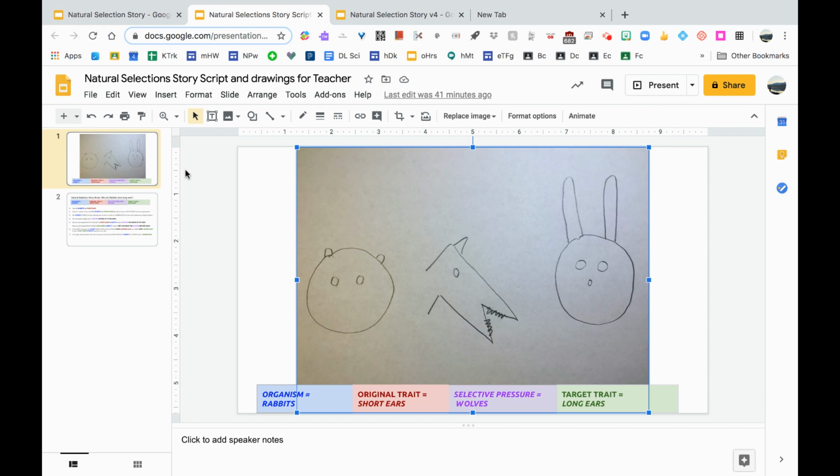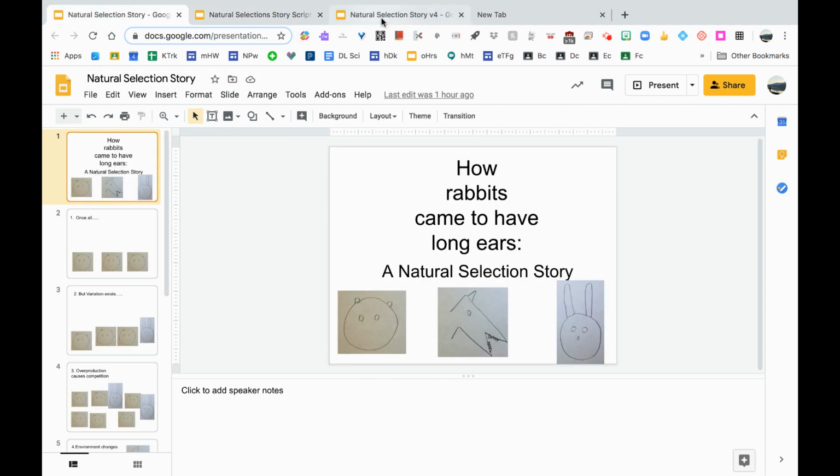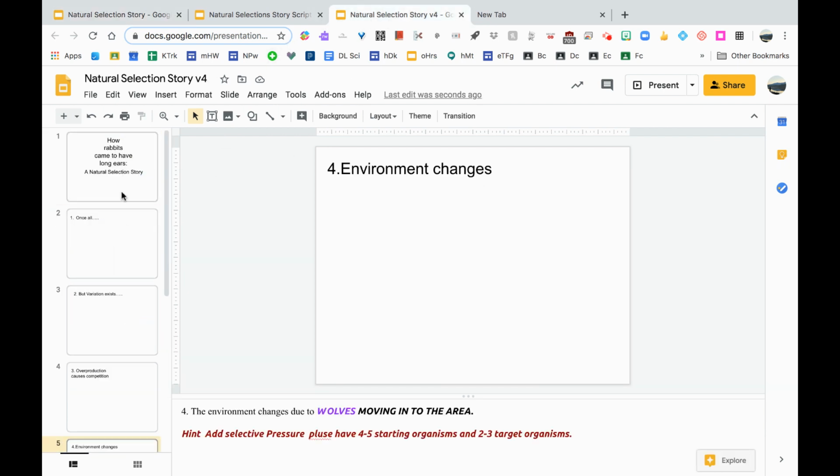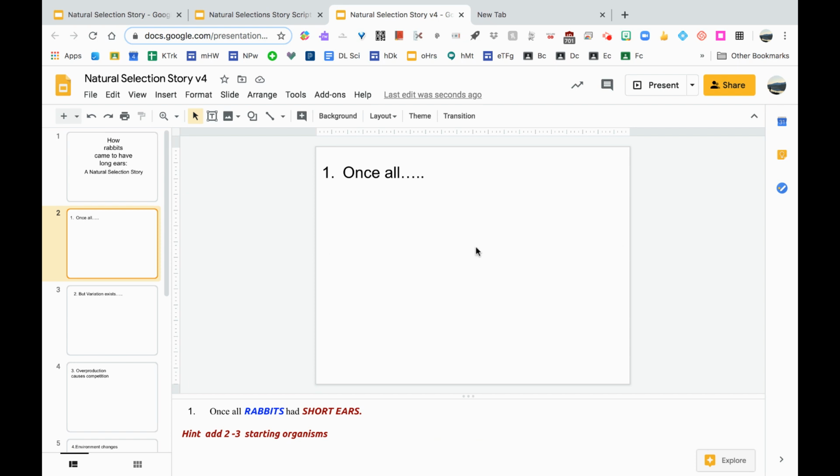All right, the next step in our natural selection story is to now take our pictures that we made and put them onto our slideshow. So the goal is to have a whole set of pictures on the slideshow like this one. So you have now your slideshow that has the script into the speaker notes, and our job now is to basically insert pictures here that will help us tell the